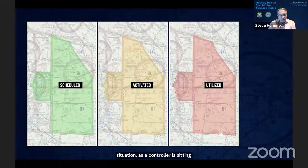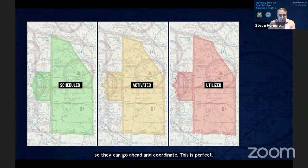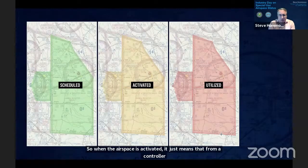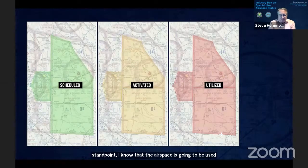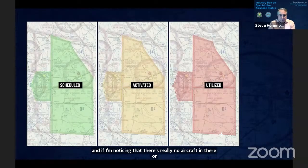So they can go ahead and coordinate. This is perfect. So when the airspace is activated, it just means that from a controller standpoint, I know that the airspace is going to be used, but I can watch it and I can see whether or not the airspace is actually being utilized at that time. And if I'm noticing that there's really no aircraft in there, or potentially no aircraft scheduled over the next 15 minutes, as I've got an aircraft approaching, in this case, the Moody MOAs, I can potentially reroute the aircraft through